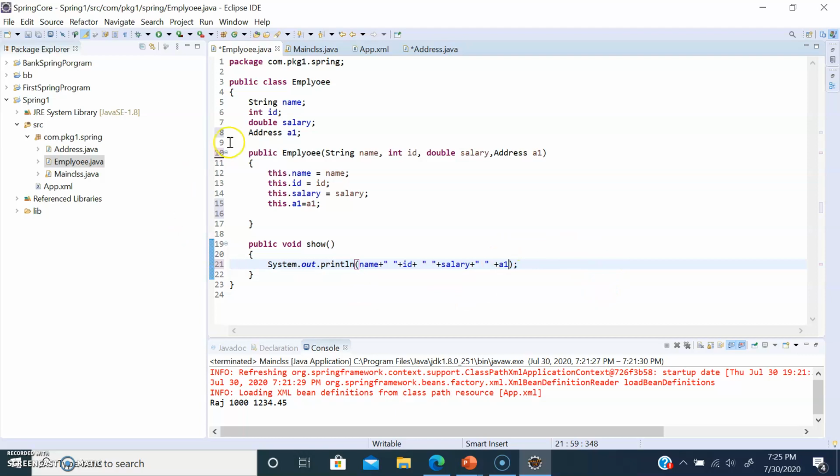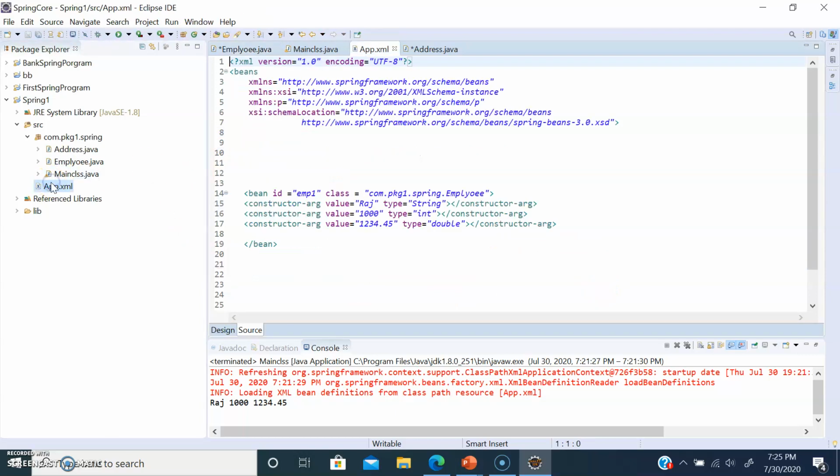Okay. And then we go to the XML. Let me go and create an object for the address now. Bean ID is equal to add, and class is equal to com.package1.spring.Address.